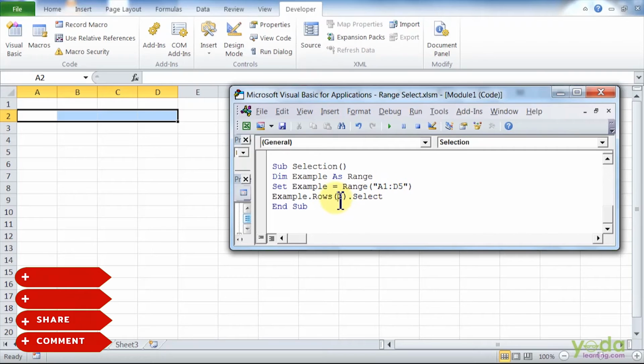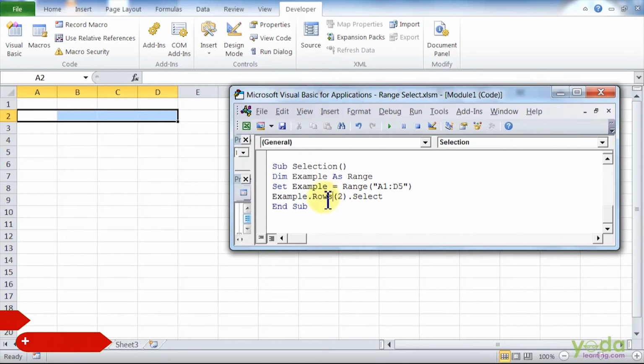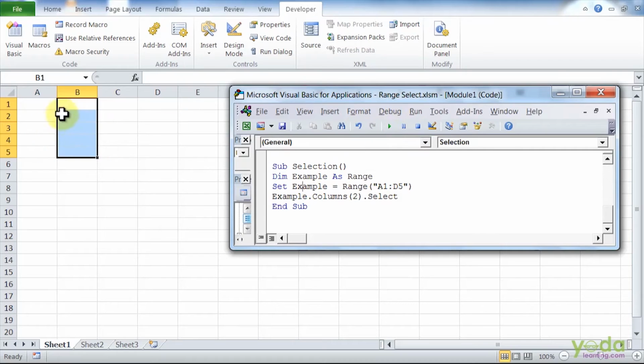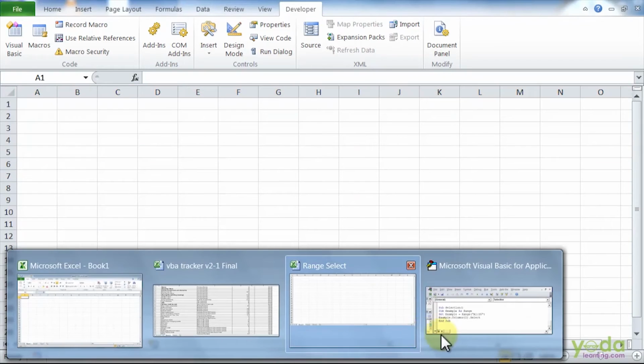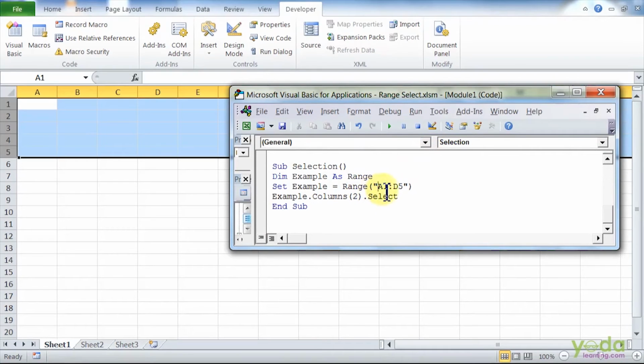Similarly, if I replace this rows to columns and I execute this code, it will select the number of column only for the particular number of cells. So if you see, it has selected the column, that is the column number 2, only for defined number of rows which are mentioned in the code.